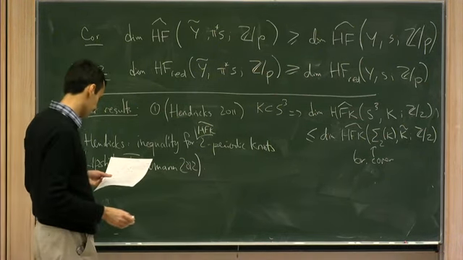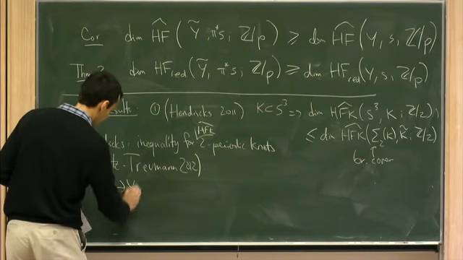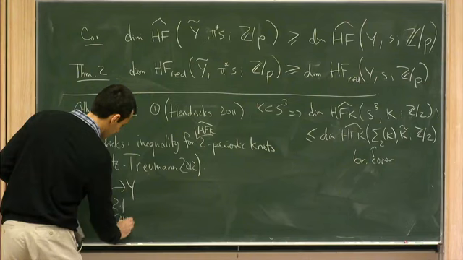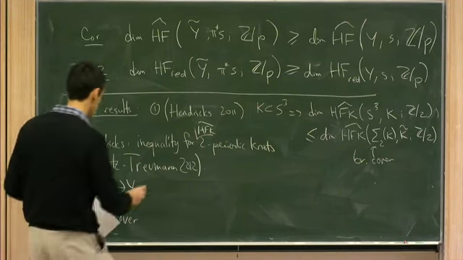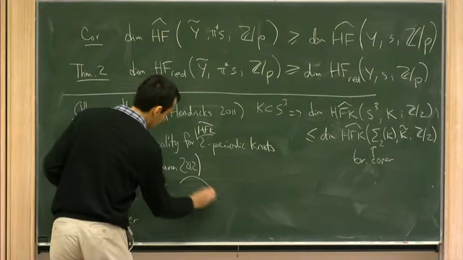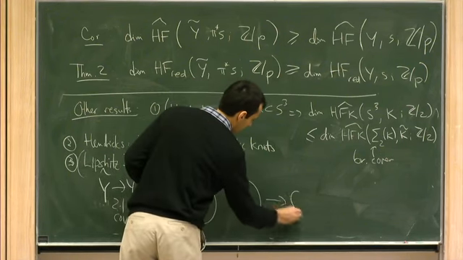So it's something again. This is for 2-to-1 covers, and also for B1 greater than 0. So specifically, you have a map to S1